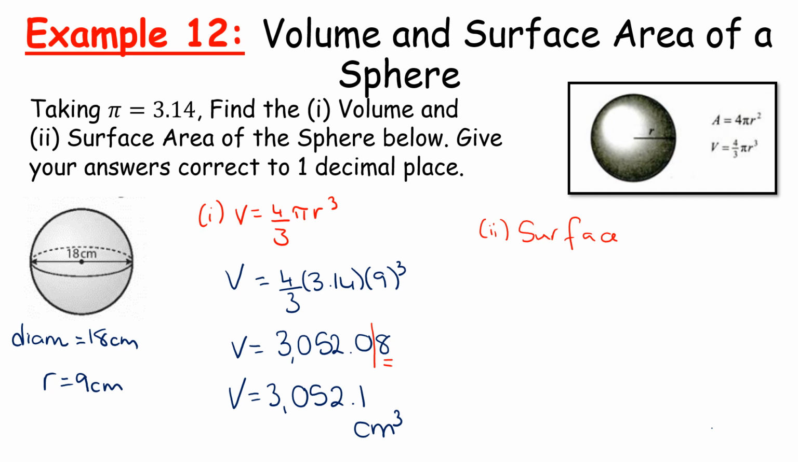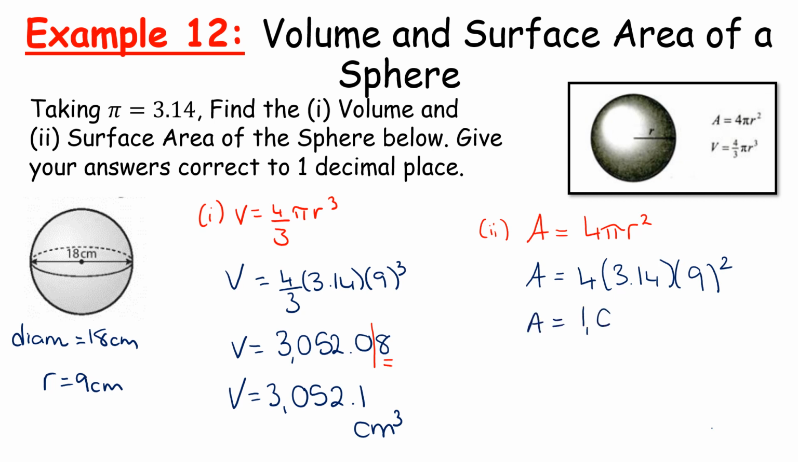Our second part is asking for the surface area. So I'll go straight to the formula. A is equal to 4 pi r squared. Really be mindful of your powers here. I often again see students use the correct formula, but then they mix up their powers, so just be careful. This is 9 squared, so 4 by 3.14 by 9 by 9, and we end up with a surface area of